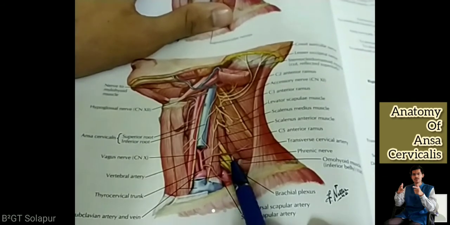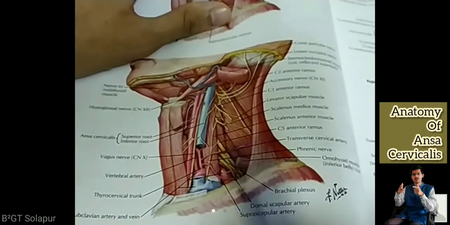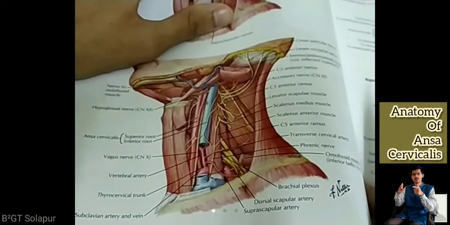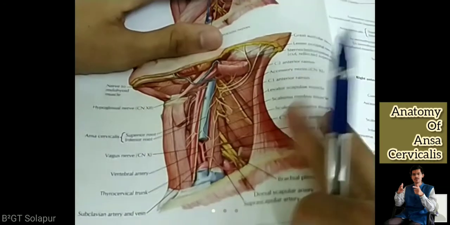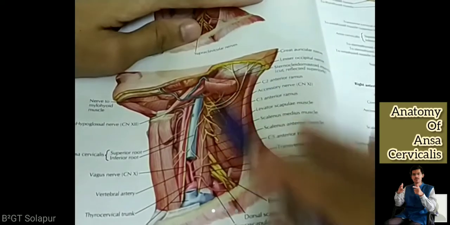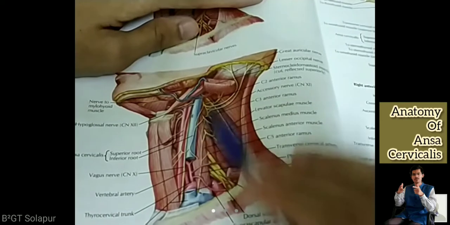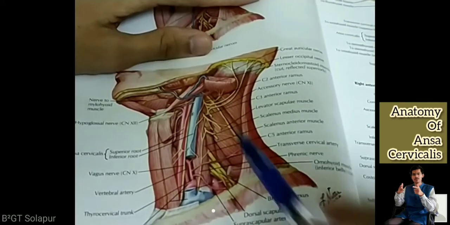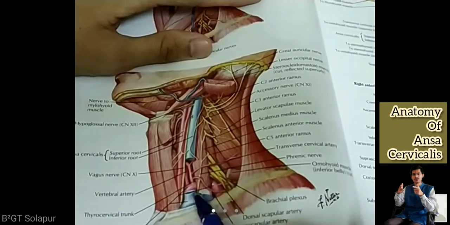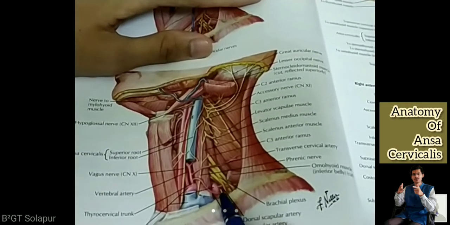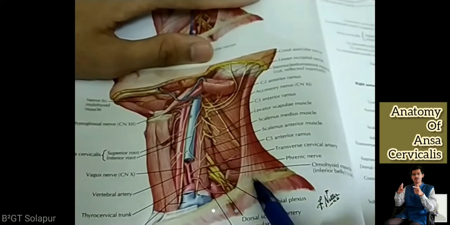Yesterday we saw this kind of diagram in the deep contents of the posterior triangle. Do you recall? Absolutely, you should recall. It is all the same, nothing is different. You just need to correlate things. This was the posterior triangle. We cut off the sternocleidomastoid to see the detailed structure. Yesterday, we did not remove the sternocleidomastoid when we showed the brachial branches, the subclavian artery and vein. Why? Because we wanted to depict the posterior triangle.